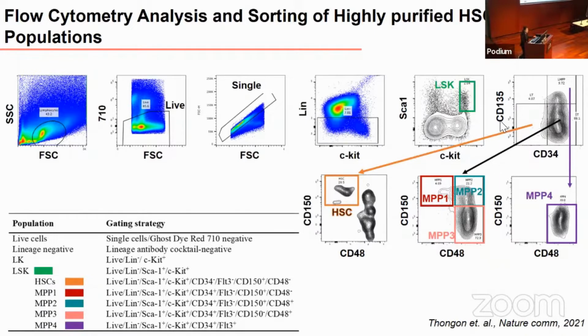And from negative CD135 but positive CD34, we can recognize MPP1, 2, and 3 population according to this gating. Lastly, from double positive of CD135 and CD34, together with CD48, we can recognize the MPP4 population. And based on this panel,